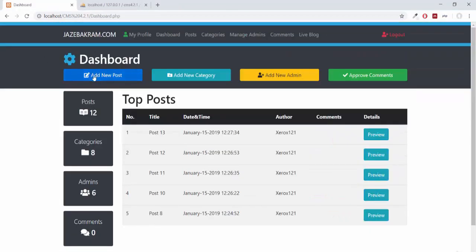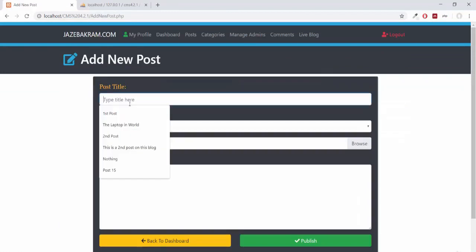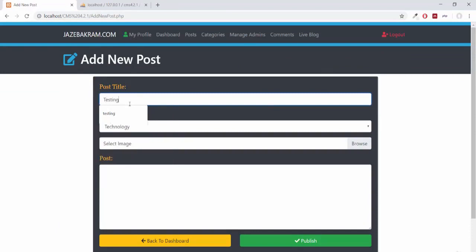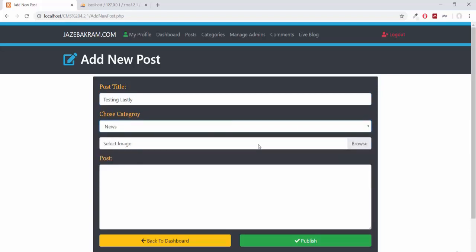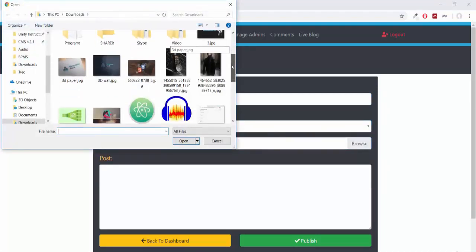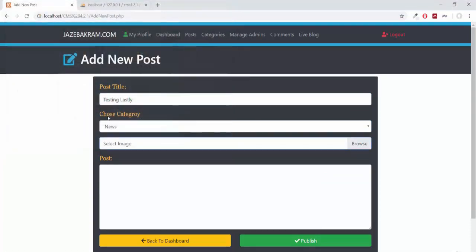So lastly, on this dashboard page, let's add one new post. So this post title will be testing lastly, and giving it some category of news, selecting some image, this one.